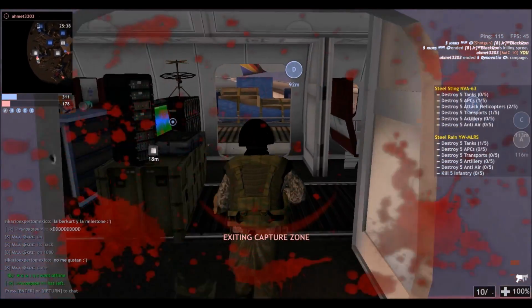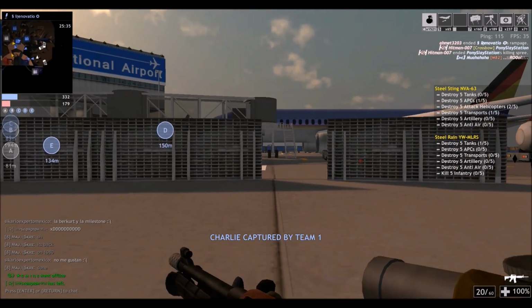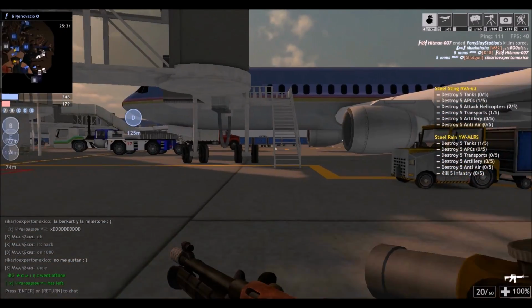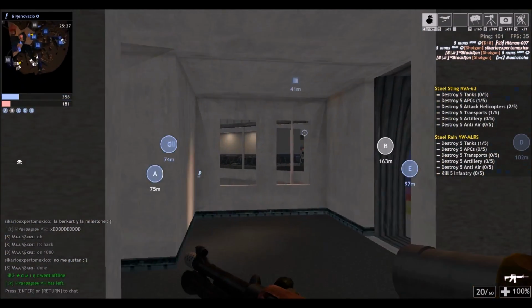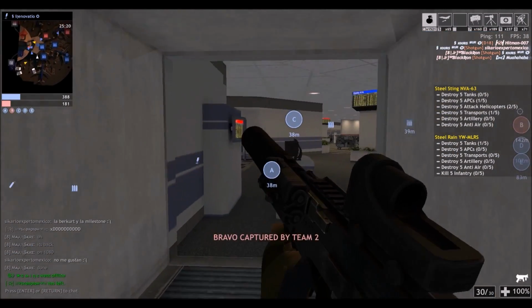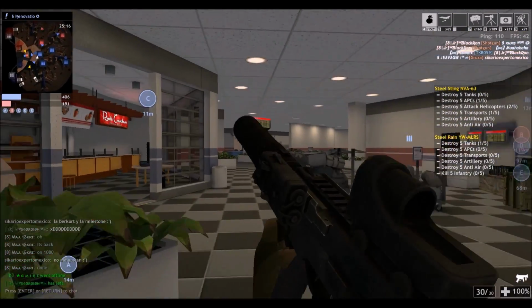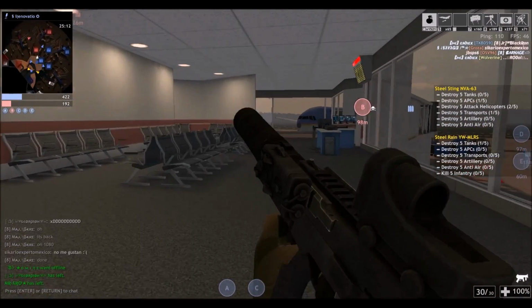Yes, because those basically, I don't know, I don't like the scope of both of them. So yeah, and the only downside of the scope is the fact that it is relatively broad. So on higher range you're going to have some troubles aiming at the person, because the scope covers up a fairly big part of the map, and therefore you might have a little bit of trouble aiming,